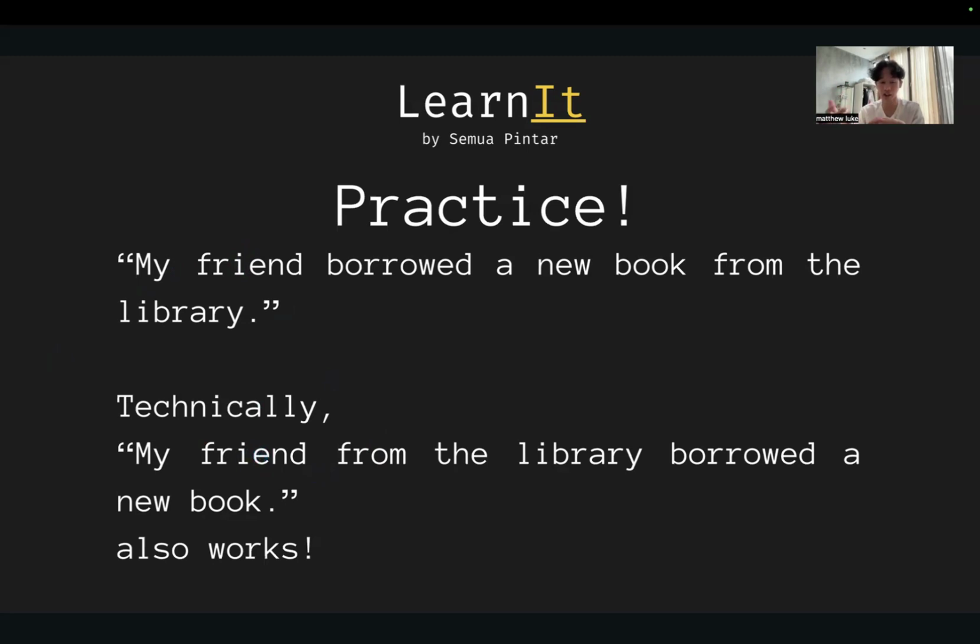You can elaborate the sentence even more. My friend from the library borrowed a new book from his friend, right? You're basically describing that your friend is from the library. Over here, you don't know where your friend came from, right? But over here, you do know that the new book came from the library. But the book over here, the book on the